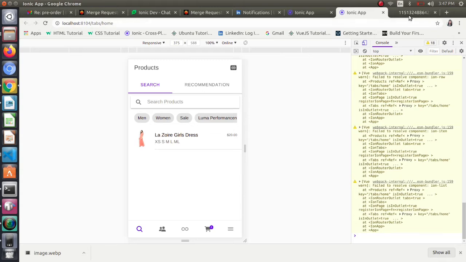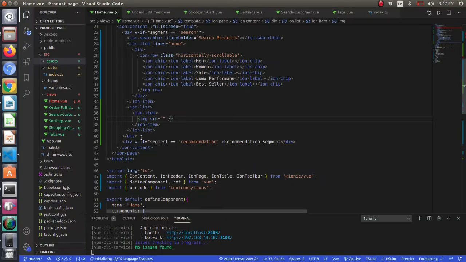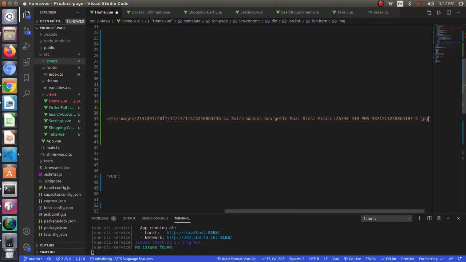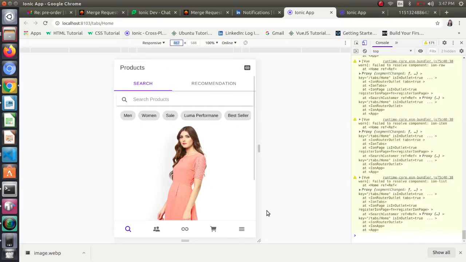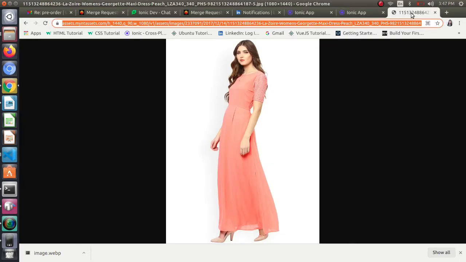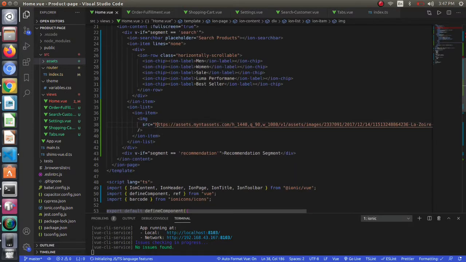So I have the URL of an image. I will simply copy this, paste it here and save it, and then we can see how our image is looking. Our image is looking like this. So this is also one of the ways, but we will not prefer it because it's very complicated and not appropriate, because we can't go and copy every URL and paste it over here. The perfect way is to use the image locally.